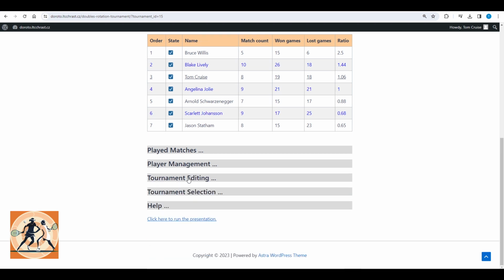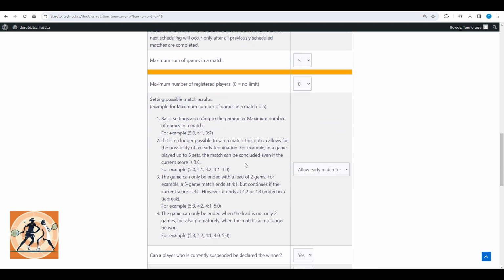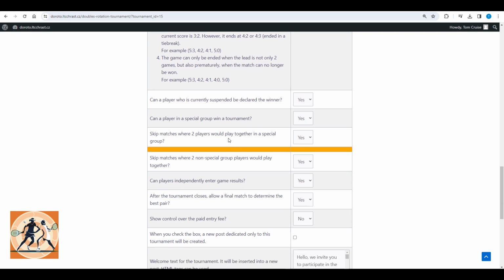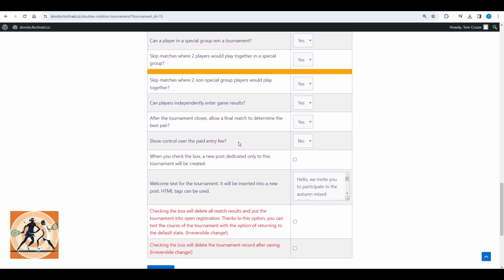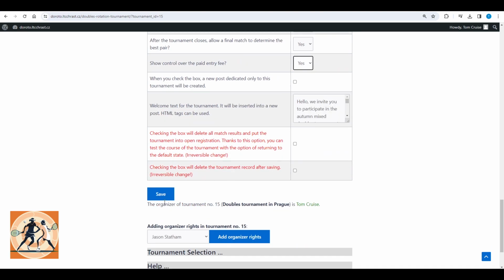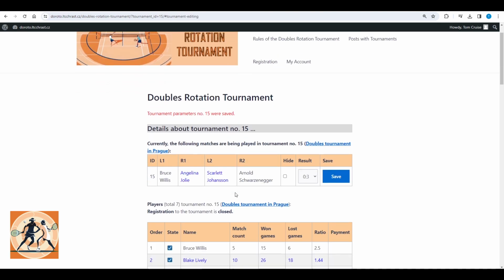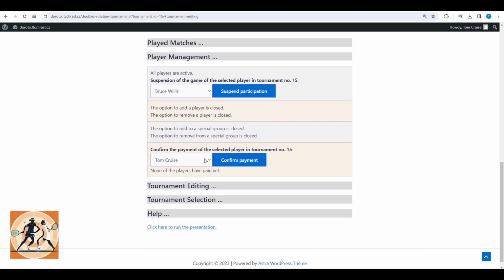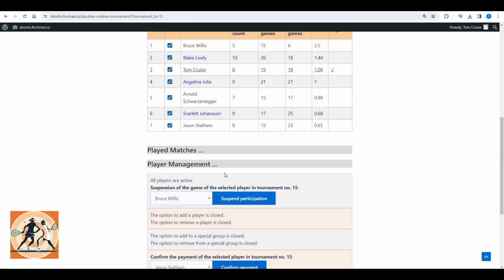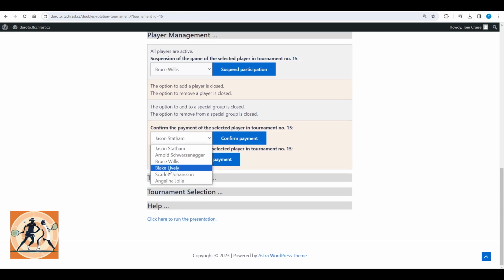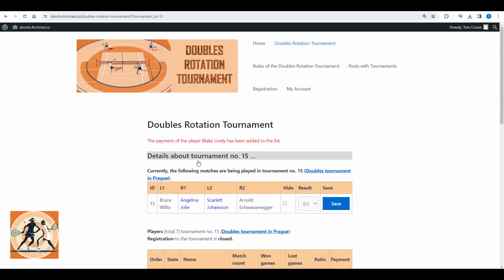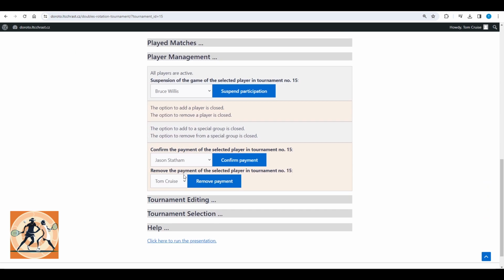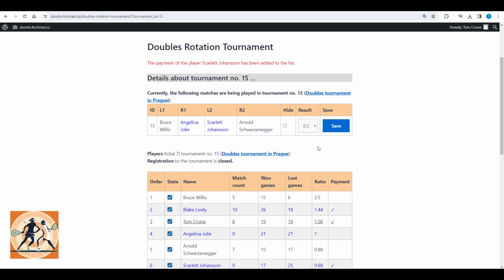to participate. Doubles rotation tournament does not take place in the form of elimination, so players are still in the game for the duration of the tournament and will play the same number of matches according to the settings. The tournament can be interrupted at any time or extended in time, and it will not disturb its course in any way. During the tournament, players can temporarily or permanently interrupt their game or enter the tournament. It is not necessary for each player to play the same number of matches because only the ratio of games won to games lost determines the final ranking.